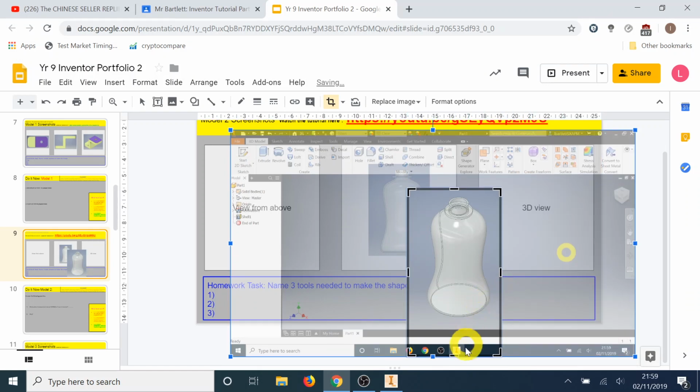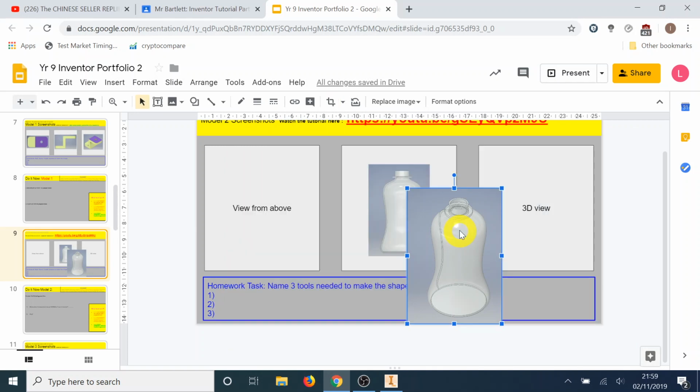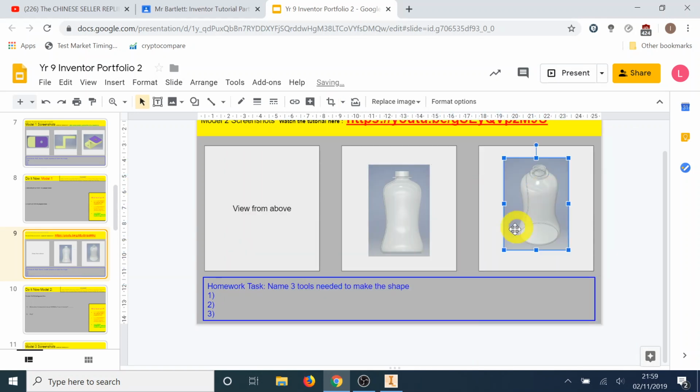Crops our photo down. There we go, and press enter on your keyboard or click off it. And that's a 3D photo, so we're going to place that in there. Doesn't matter how big it is. And then the view from above,